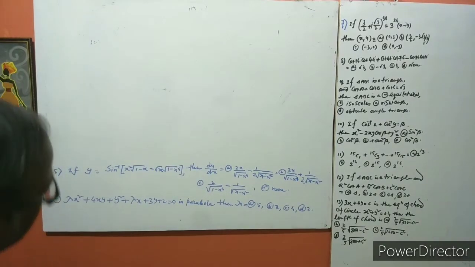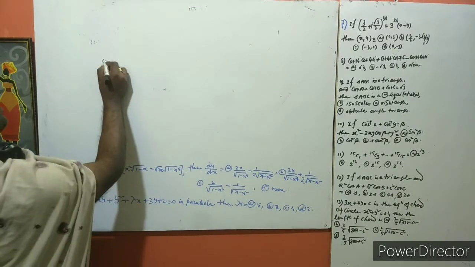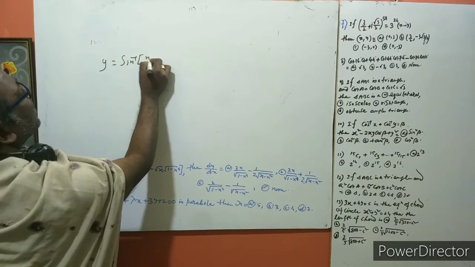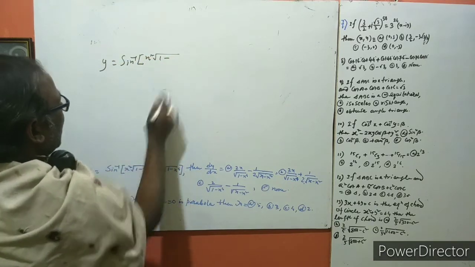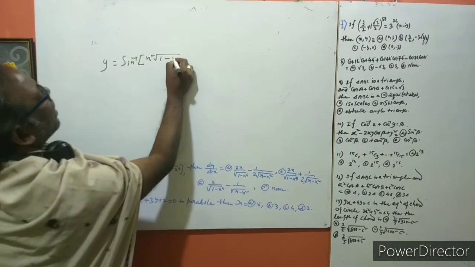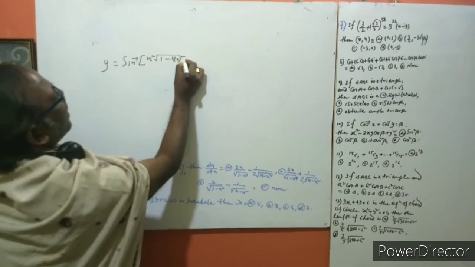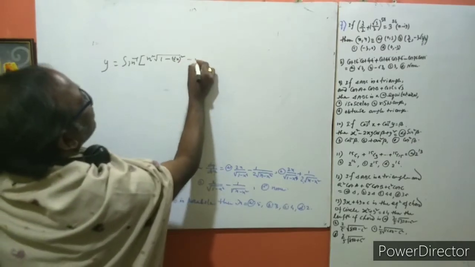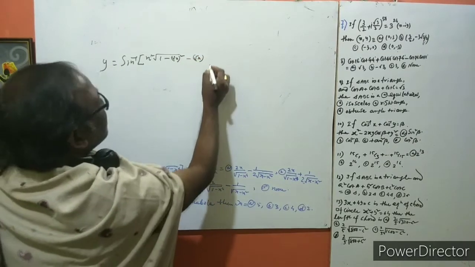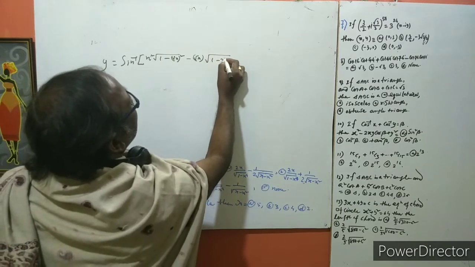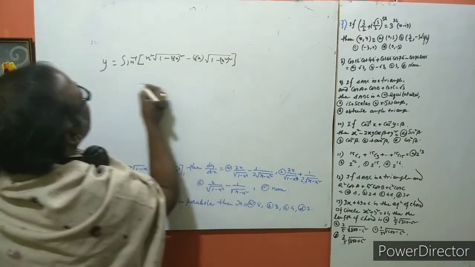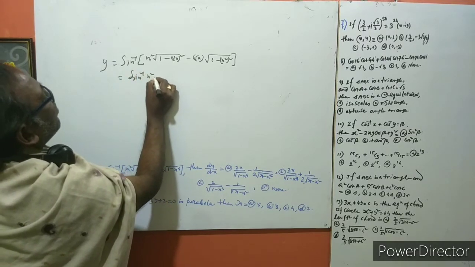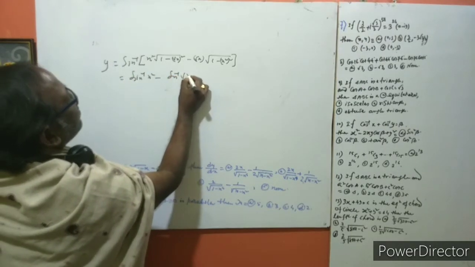Now for 5 here, this is the formula of sine inverse: sine inverse of x square into root over 1 minus x. x can be written as root x whole square, okay? And now this is minus, so root x as x, and this is root over 1 minus x square and whole square. This can be written like sine inverse x square minus sine inverse root x.